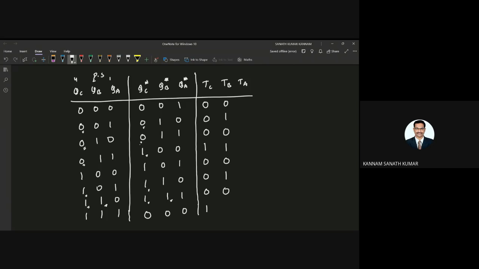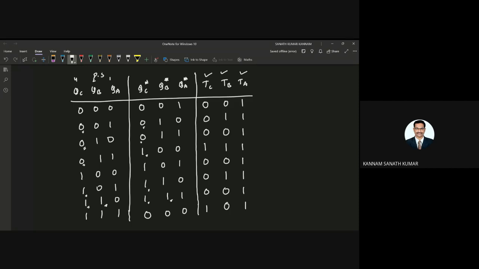And next 1 1 will get 0, 1 1 0. And if you see for TA, so all ones you will get: 0 1 1, 1 0 1, 0 1 1, 1 0 1. So with the help of the excitation table, you need to draw this one, all ones you will get. So you got the input expression for TC, TB, and TA.